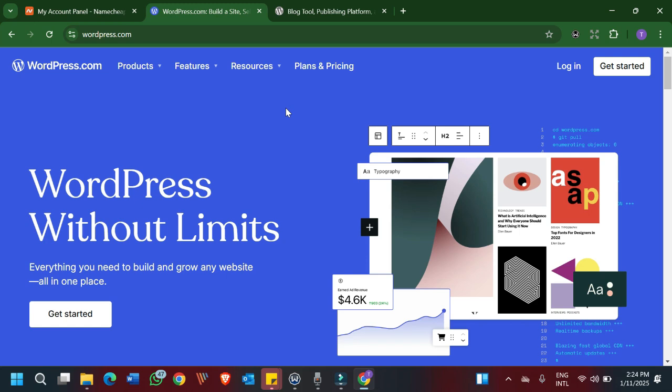WordPress.com is a hosted platform, easy to start, but with limited customization options. WordPress.org is a self-hosted version that gives you full control over your website, and that is what we'll be using today. With WordPress.org, you can create any type of website, whether it is a blog, an e-commerce website,